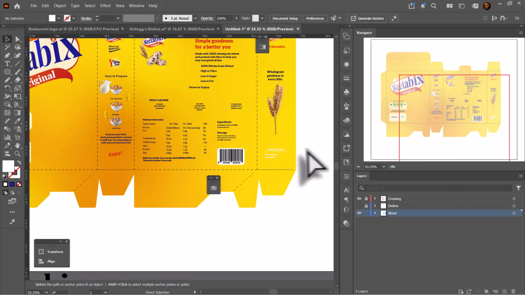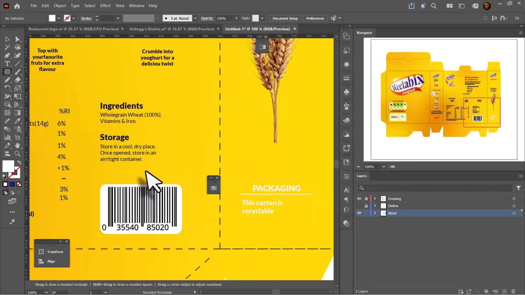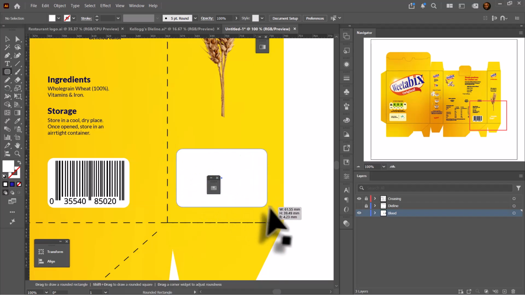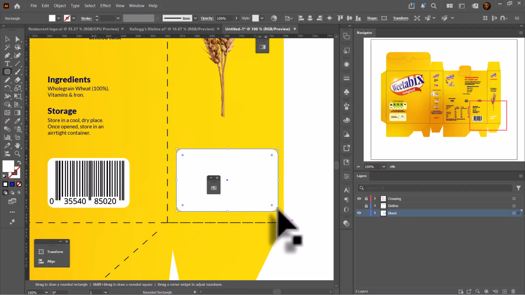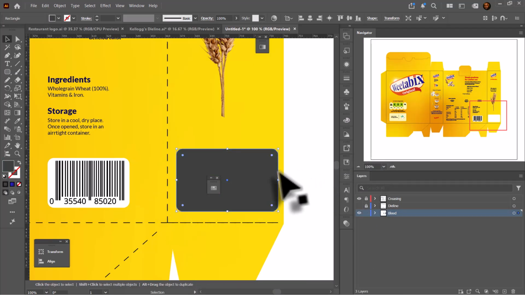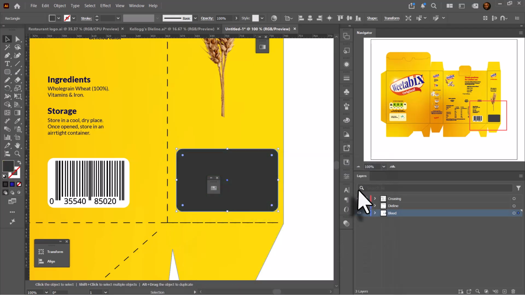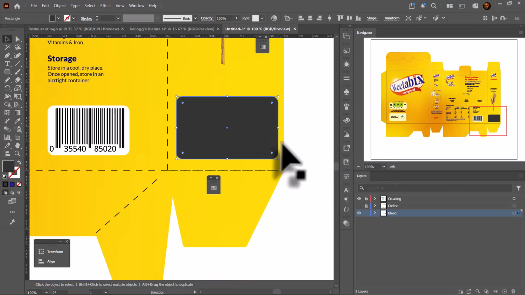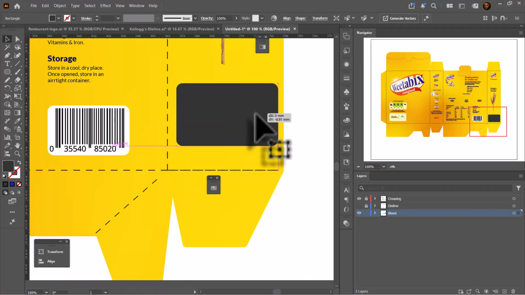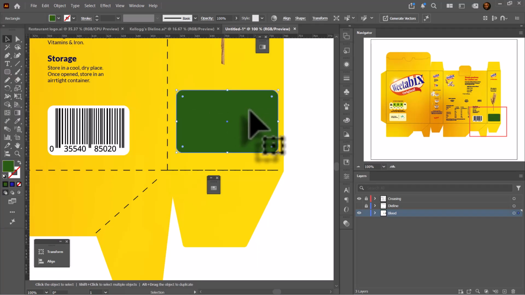So I'm going to add the green part here. Select this, come over here. Okay, so change this to green. Oops, what happened? Don't know what's happening. All right. Okay, so now I'm going to,